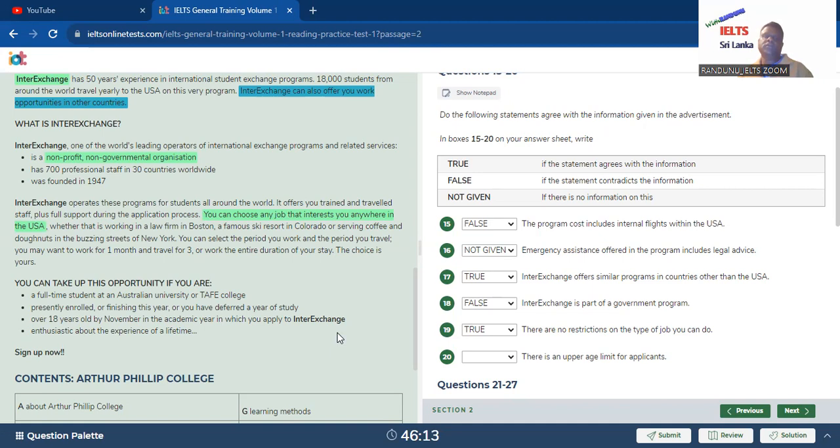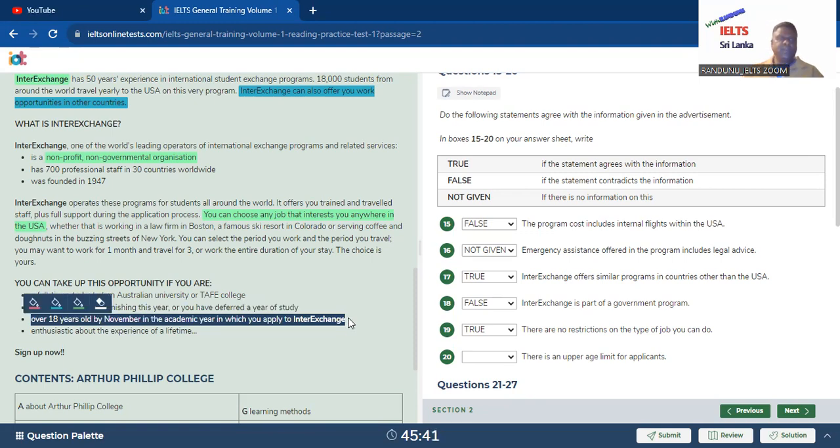Okay, you are telling the answer as not given, but are there any answers that are not given? Yes, somebody has told the answer is false. Let's see whether it's false or not given. In the question, they talk about there is an upper age limit of the applicant. But when you come to the information in this one, it talks about the age limit minimum you